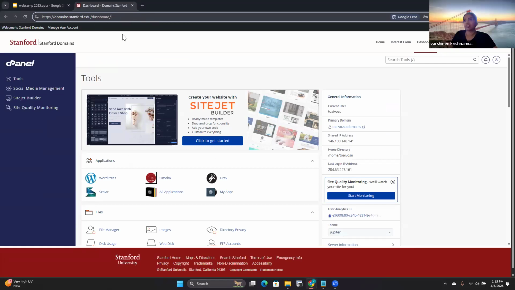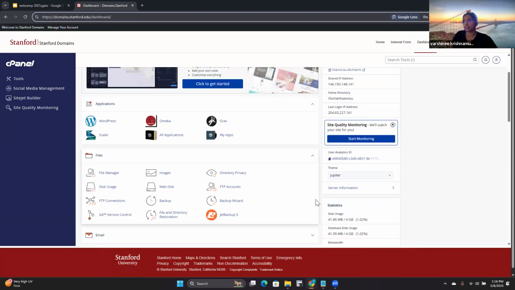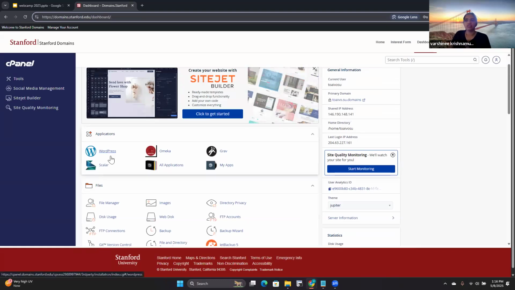This is my domains.stanford.edu dashboard. So this is my landing page where I will land. As I said, that's the name of your cPanel and disk usage. So you see a lot of applications that are listed here. These are some of the maybe most widely used apps like WordPress or Omeka. But when you go under all applications,